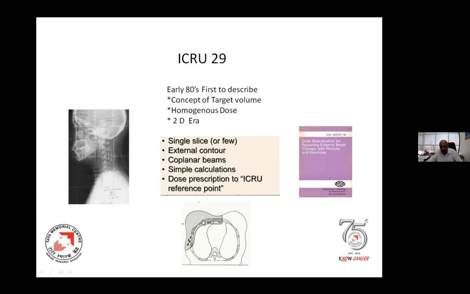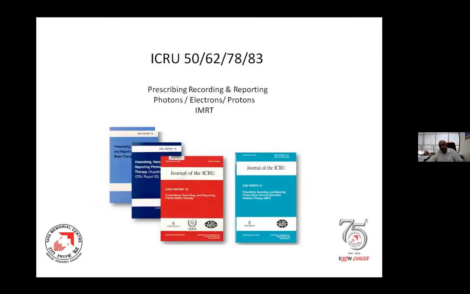But we understand there are so many inhomogeneities. Now we understand that. And the calculations were always for the coplanar. Somewhere the reference point was the midpoint of these. And the whole idea was to provide an absolutely homogeneous dose to this whole target area. Quite a challenging task. And they were doing simple calculations without inhomogeneity factors, etc. But that's where the ball started rolling.